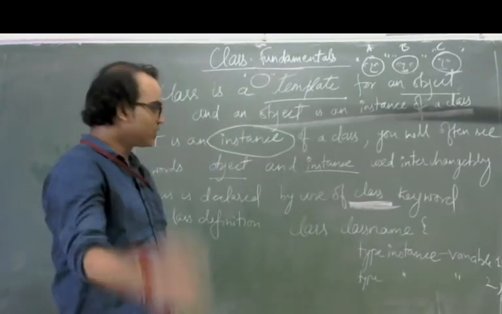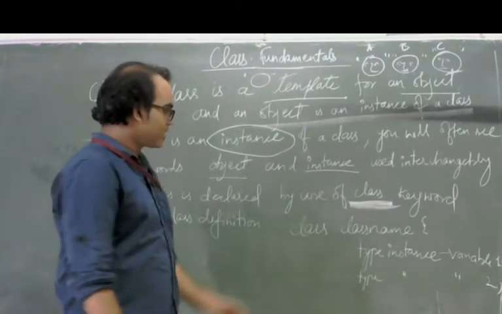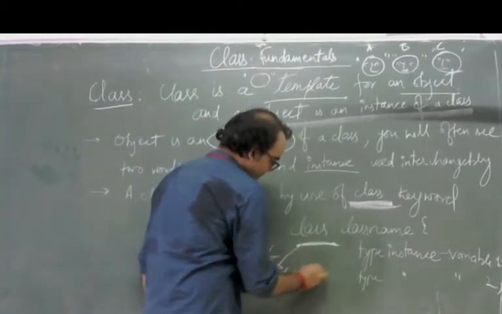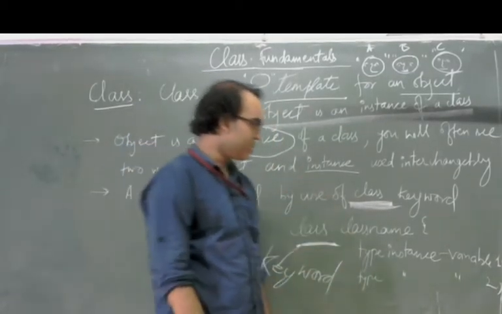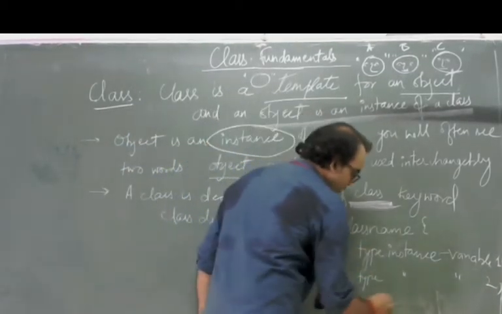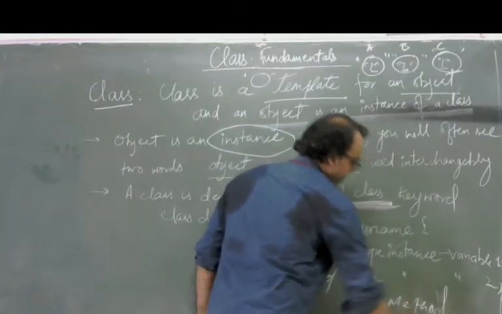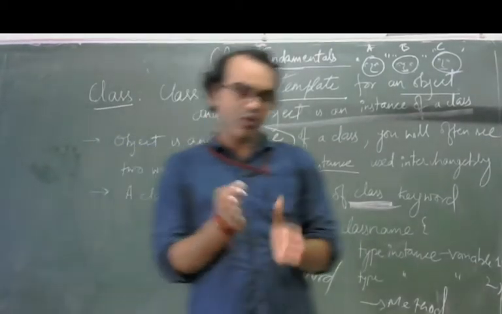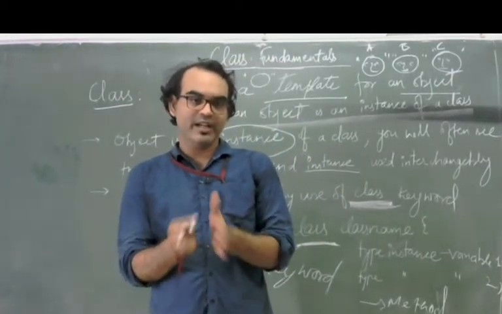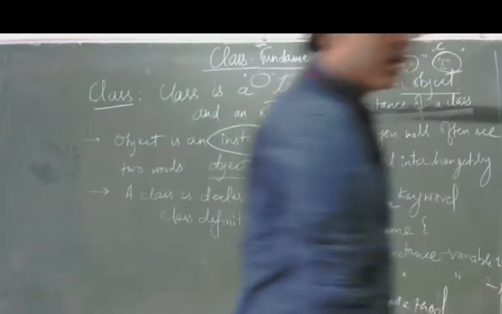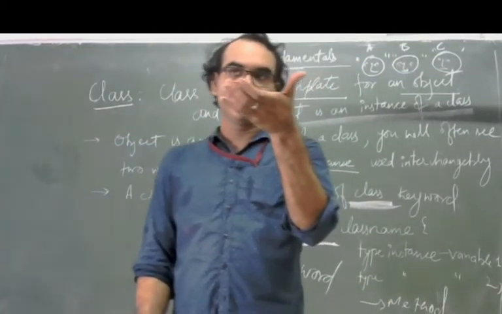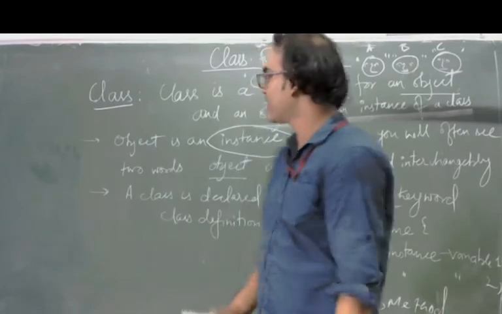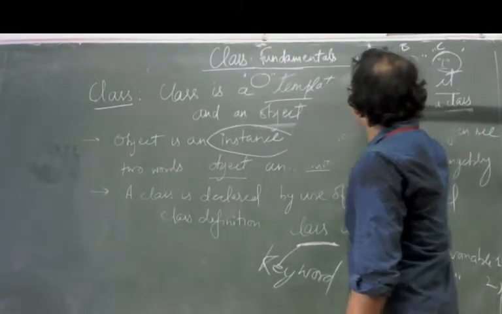The class is declared using the class keyword, and its definition model is, first of all, the class keyword, then the class name, then instance variables. After that, it is followed by a method. So this is the definition of a class, and how class and object are intermixed with each other. A class provides the structure, and the real-world formation is taken care of by an object. Let's move ahead.